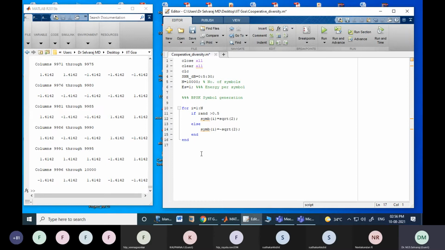Now, once we got 10,000 BPSK symbols, I'm going to transmit them one after another. So the ideology here is symbol by symbol transmission, but practically we will be transmitting packets, right? In communication, we transmit packets. But for the sake of analysis, we consider certain assumptions. The transmission is baseband, and we go by symbol transmission. That is why when I am writing the MATLAB code, we write it as symbol by symbol transmission.